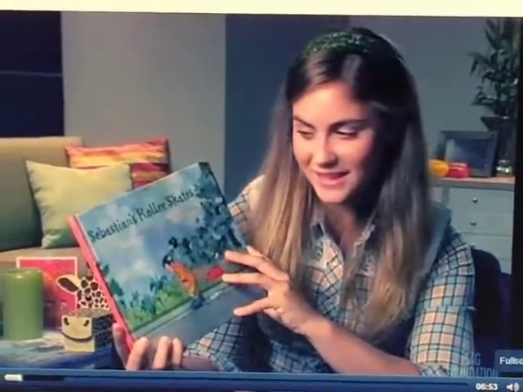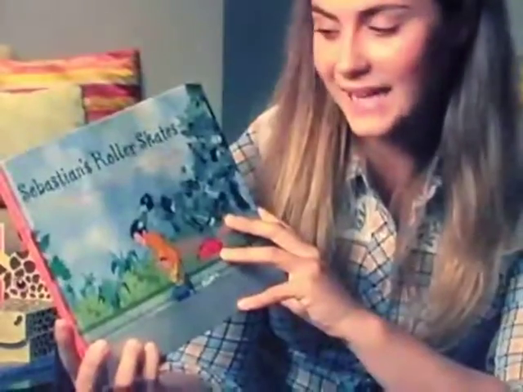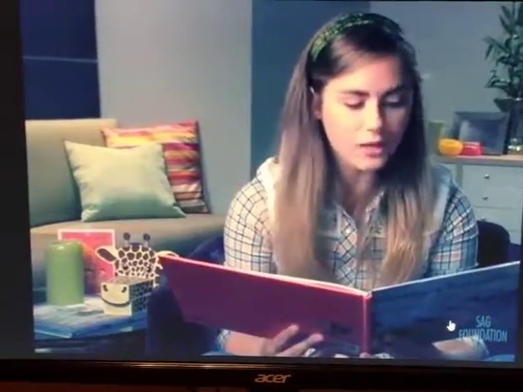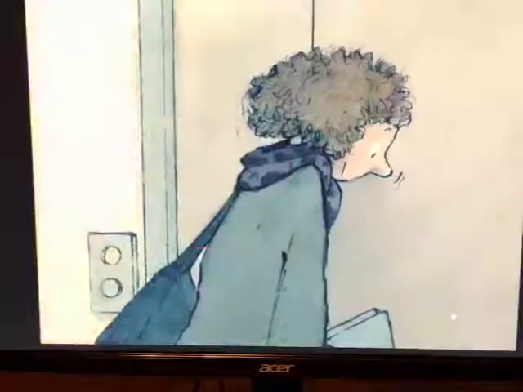Sebastian's Roller Skates, written by Jean de Duprat and illustrated by Princess Riviera. Sebastian didn't talk very much. Even though he had a lot to say, Sebastian was shy. He was very shy. The neighbors would say,